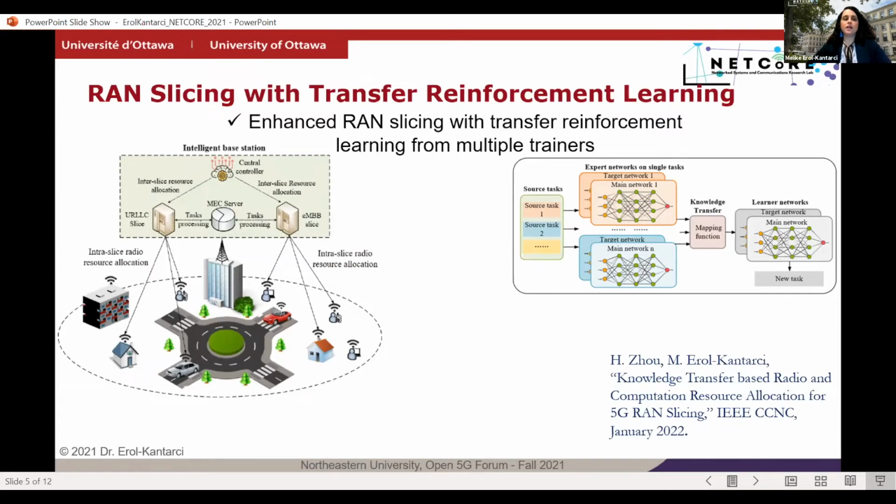But the previous slide, what I showed as transfer reinforcement learning, assumes that we have one expert. So we were thinking, how do humans learn? You go to a college and you learn from multiple professors, you go to multiple classes, and then you combine your knowledge. So why don't we have multiple experts or multiple trainers? And in the RAN slicing problem, we focused on, and maybe I should give a little bit of background on